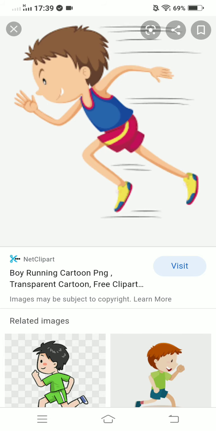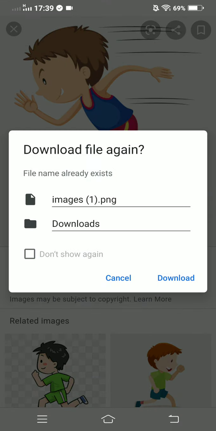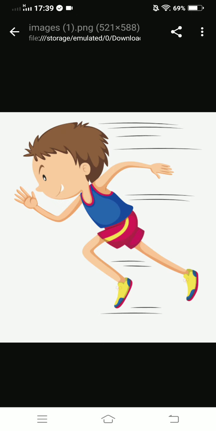This is better. If you want to use something like this, but again it has a background, this is a problem. So just download this image. Again it is a PNG. If it is not, you can change the name here itself. You can download it. Once downloaded, let's open it. See, it is having a background. So we can do one thing.